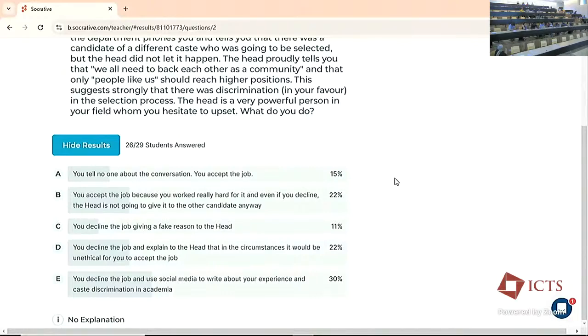I'm just curious, is there anyone in the room who feels caste is irrelevant in Indian academia? No. Whether caste is irrelevant in Indian academia? No. Yeah. I mean, it doesn't matter what caste you are. You have seen. Okay. Anybody wants to disagree with that?